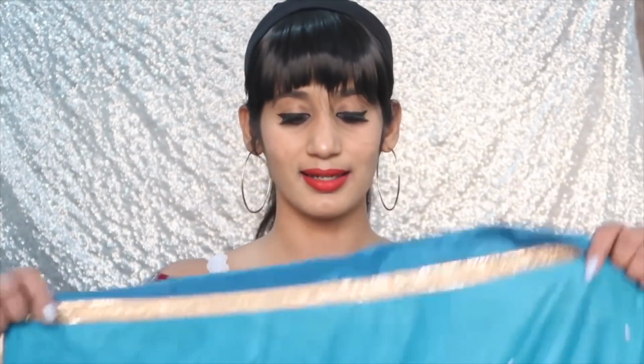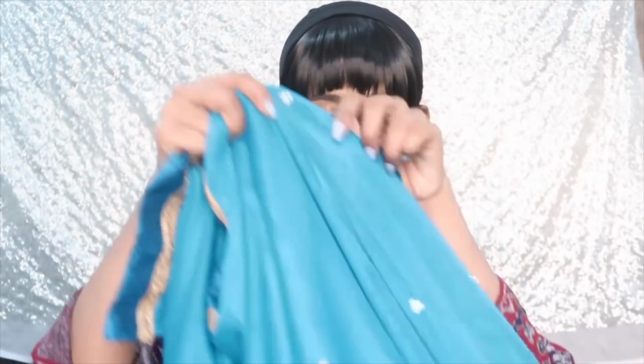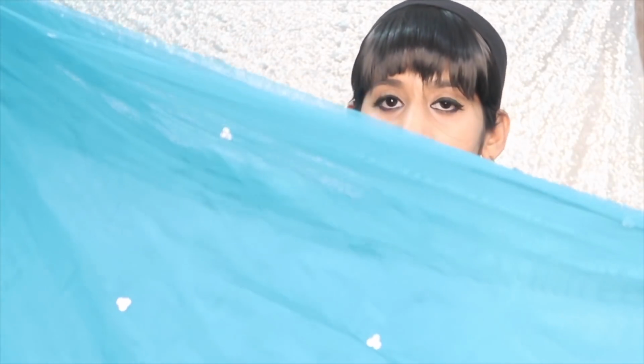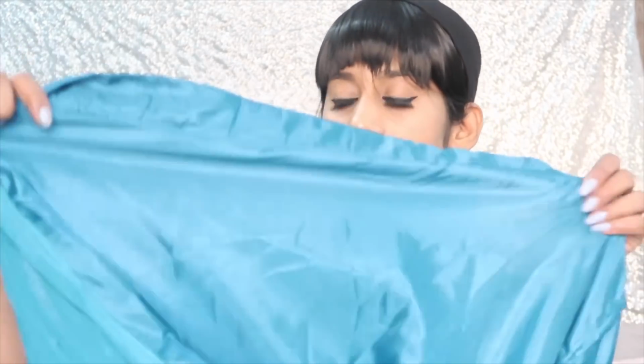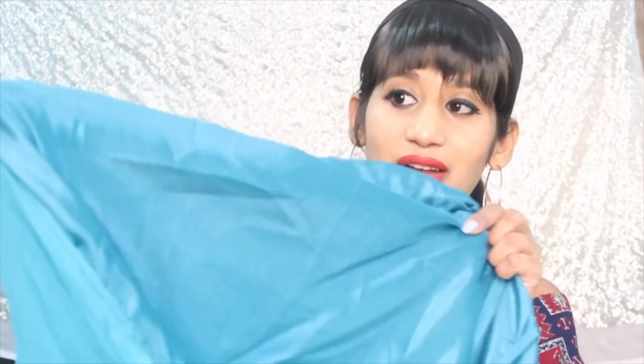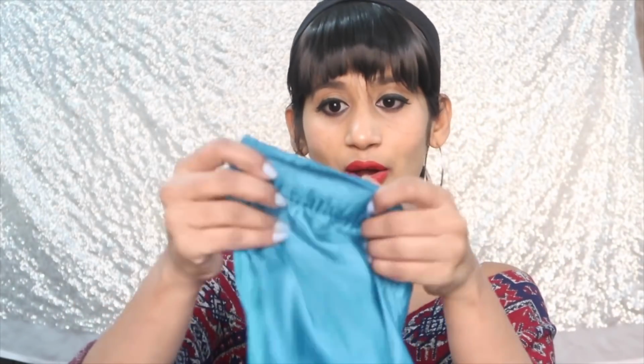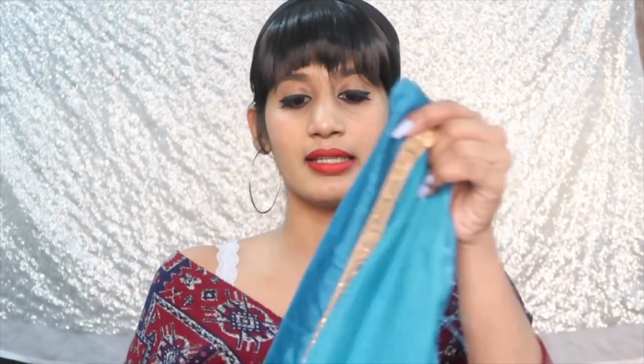First, let's see the skirt. This is how the skirt looks. It comes in this sea blue color, and the fabric used here is soft net, and underneath this they have given a satin lining. Again, the fabric is very nice. The feel of it is very soft. The stitching of the lehenga is very neat and nice. You will not see any random threads hanging here and there,